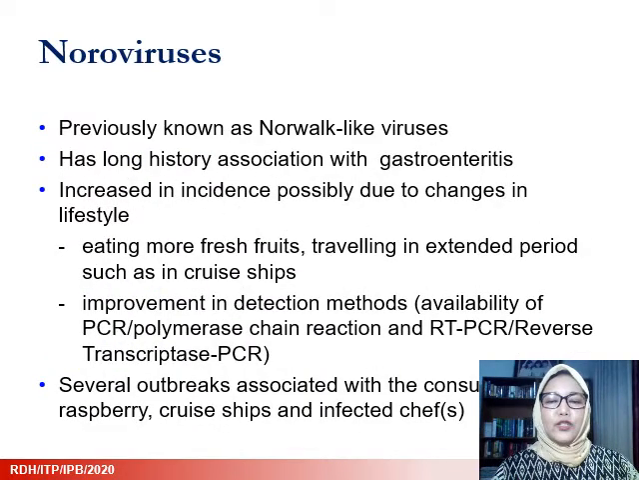Let's start with the first group of emerging pathogens. Noroviruses, previously known as Norwalk-like viruses, are now reported as the major cause of foodborne diseases in the United States. This virus has a long history of association with gastroenteritis. However, the incidence of noroviruses has increased lately, probably due to several factors such as consumption of more fresh fruits,